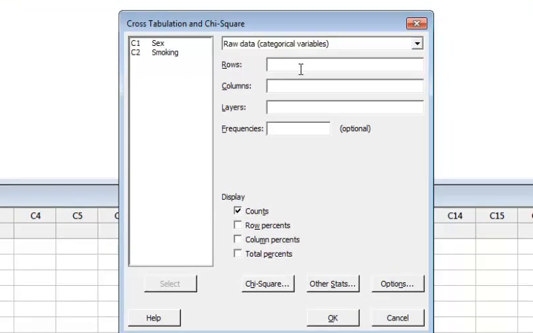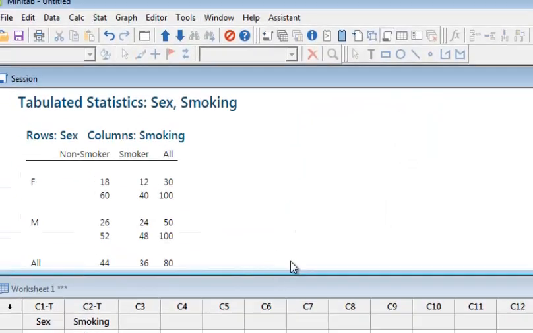Look, which variables you want to see in rows, for example the sex variable, and in columns the smoking variable, right? You need the counts. You can also have row percentages and column percentages according to your needs. So I will select the option of row percentages here. After doing that, just click OK.